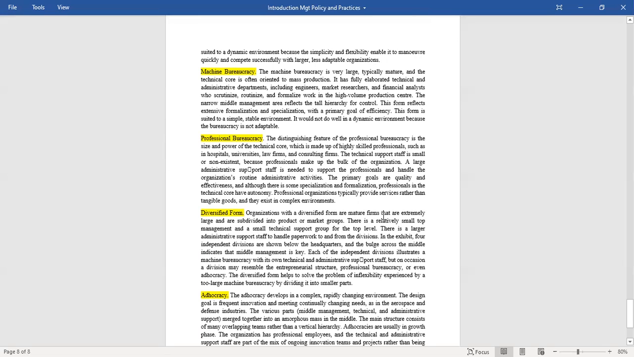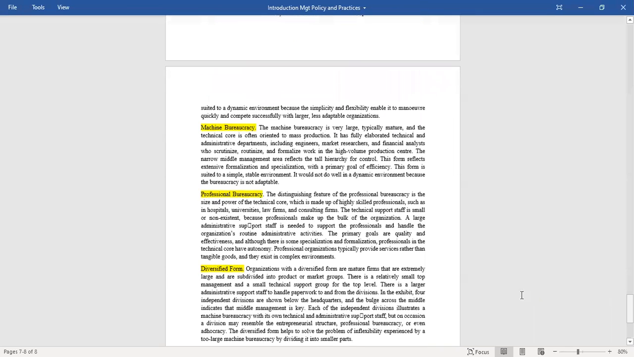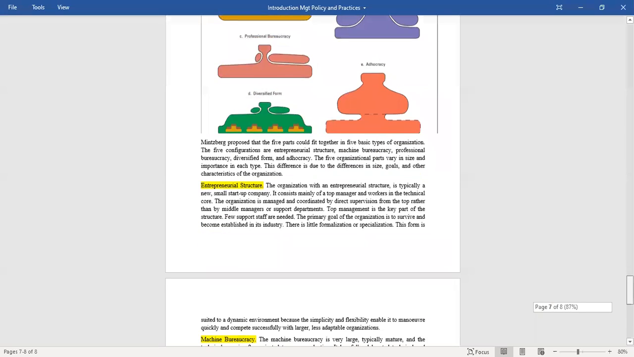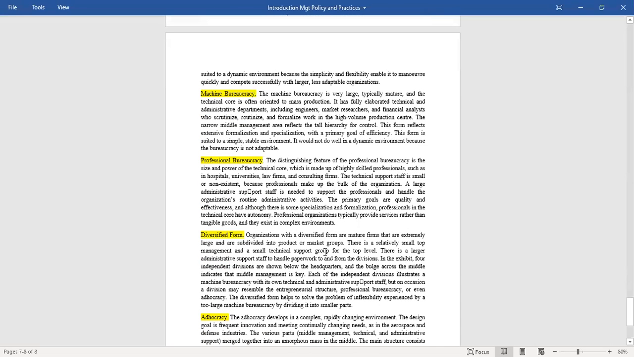Organizations are mature firms that are extremely large and subdivided into small groups. Okay, look here, it is describing the part subdivided into small groups. Support staff is needed to support the professionals. Again, remember that in today's times, having professional competence is very, very extremely important, right? Okay. And the diversified form has that, but it is a very large organization nevertheless. So our military can also adopt the diversified form. So I would say, if you ask